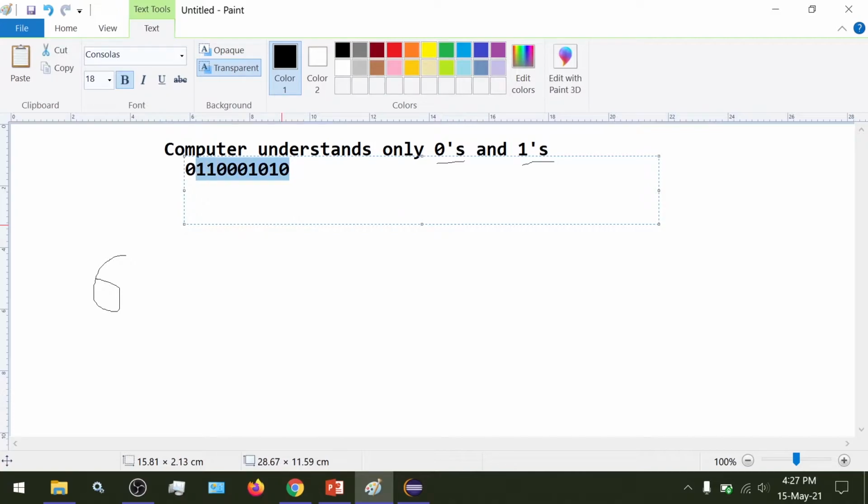The representation of 6 is 0110. This is a binary type of data, and explaining binary is out of scope of this video.